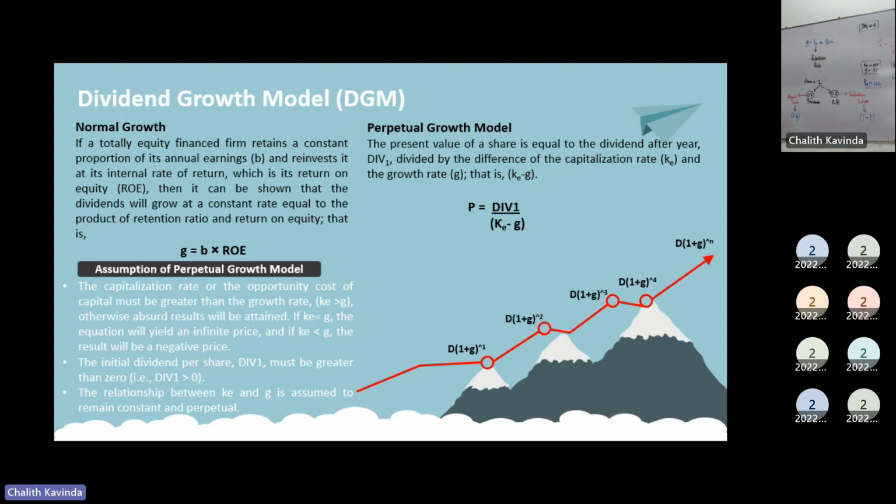Second one, math error. Right. Third one, price equals to